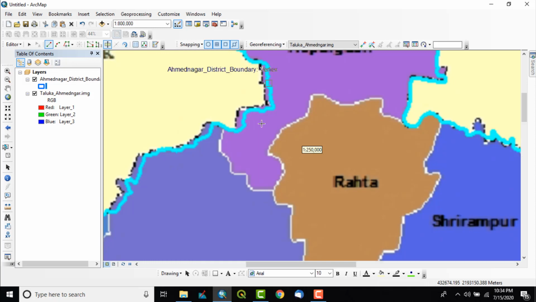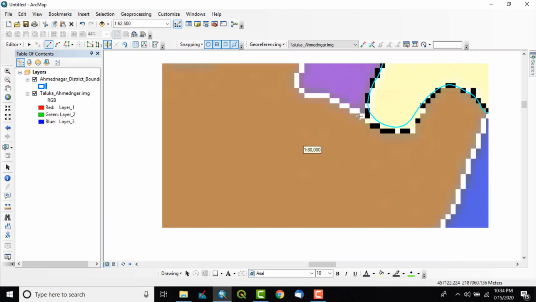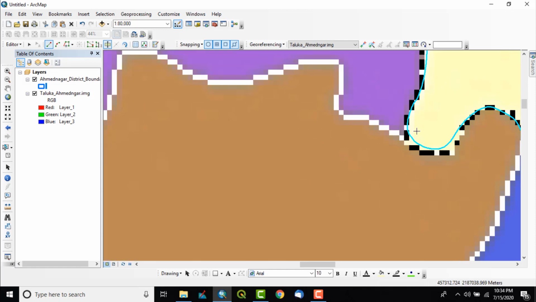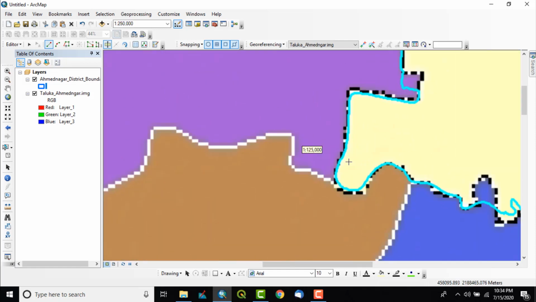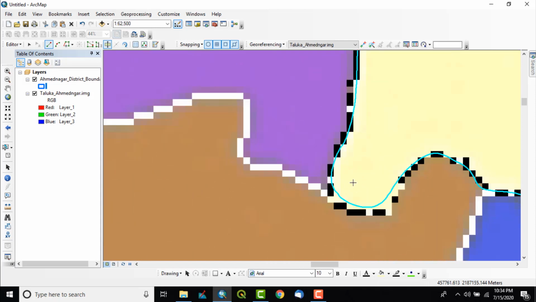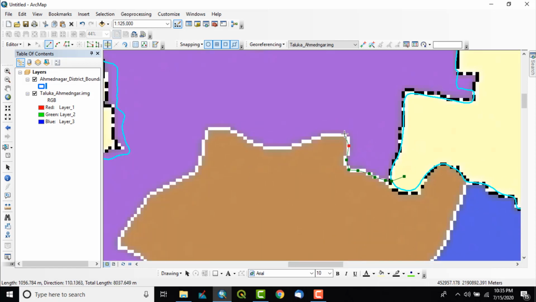Select it, and zoom to the particular area where the Tehsil boundary is going. So here is the Tehsil boundary of Kopargaon. I will zoom. Start from outside of the Ahmednagar boundary polygon and simply digitize the Kopargaon Tehsil boundary.